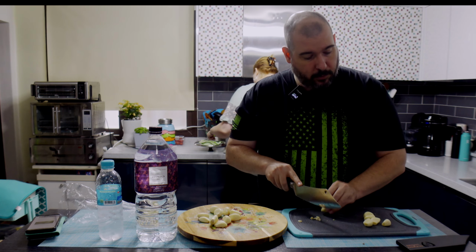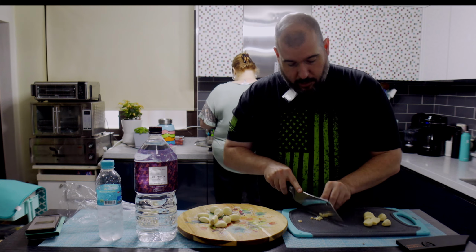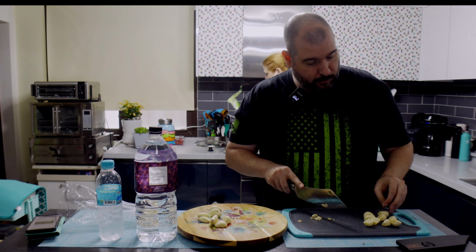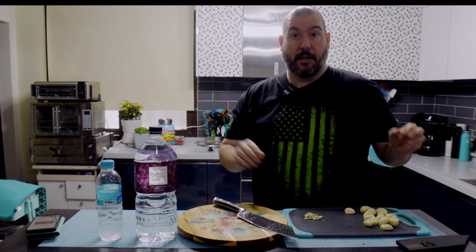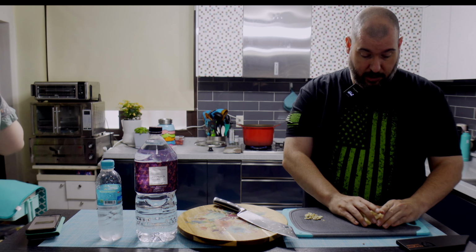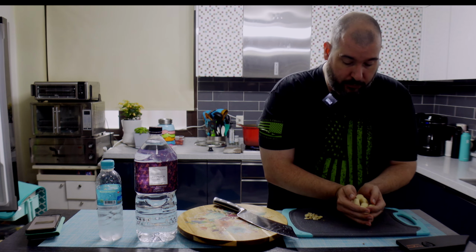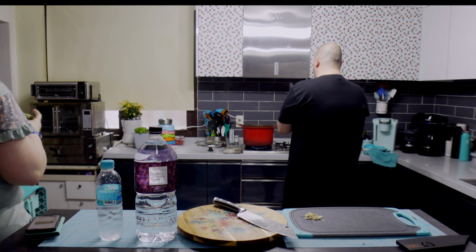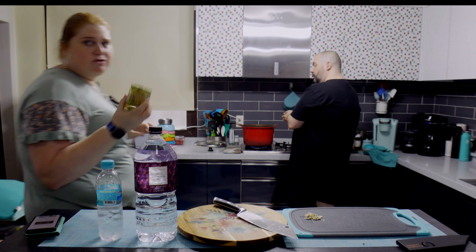And we can fast forward through this bit, because this is boring. I'm cutting the head off garlic. All right, we've got the ends cut off of a bunch of cloves of garlic. Just throw them in the water. Yep. And then because we are actually using...